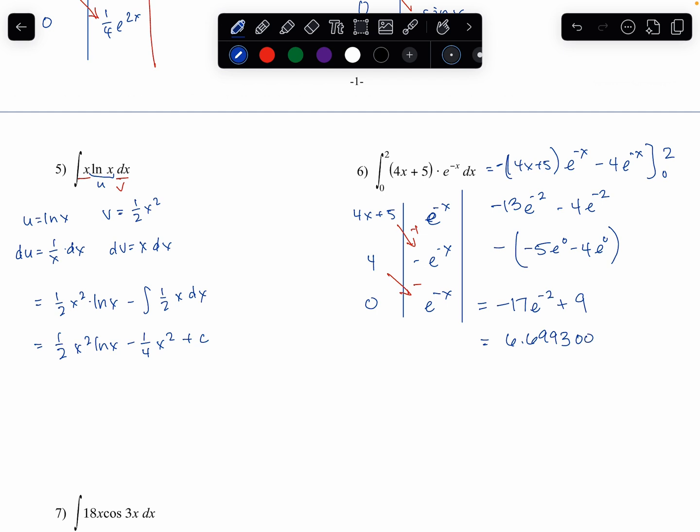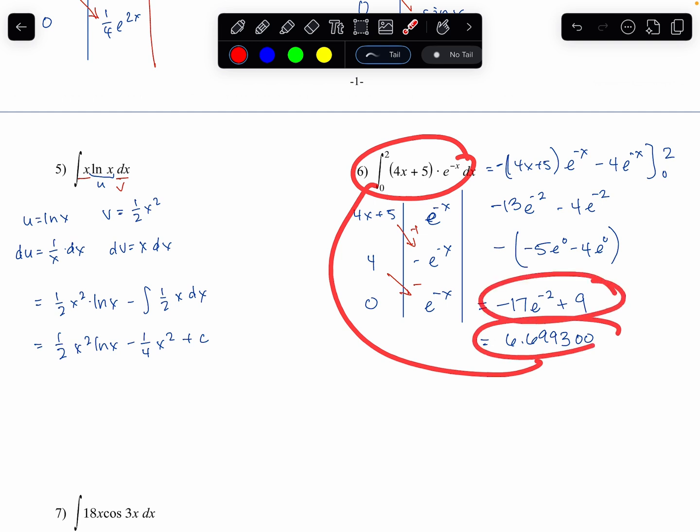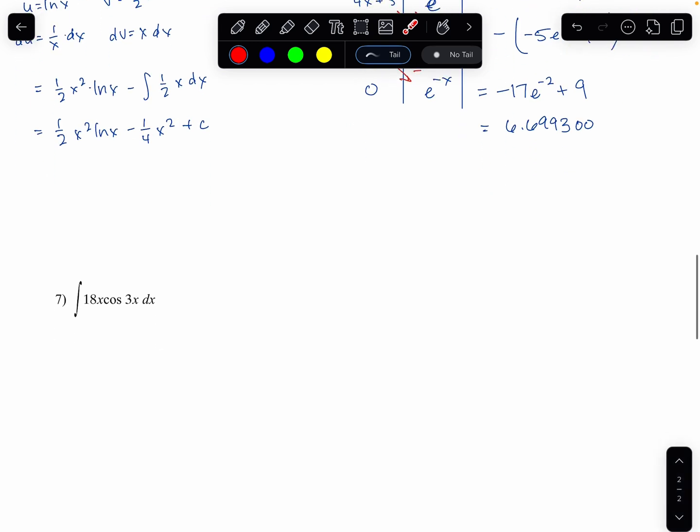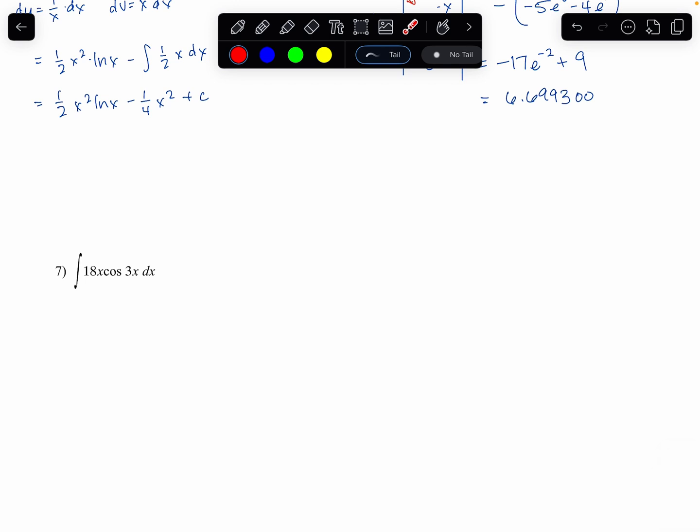And then in my calculator, let me also do the integral from 0 to 2 of 4x plus 5 times e raised to the negative x dx. And I get the exact same thing. So I just verified in my calculator, I just put this in and I got the exact same thing as that. So looks good. Okay, and then for 7,